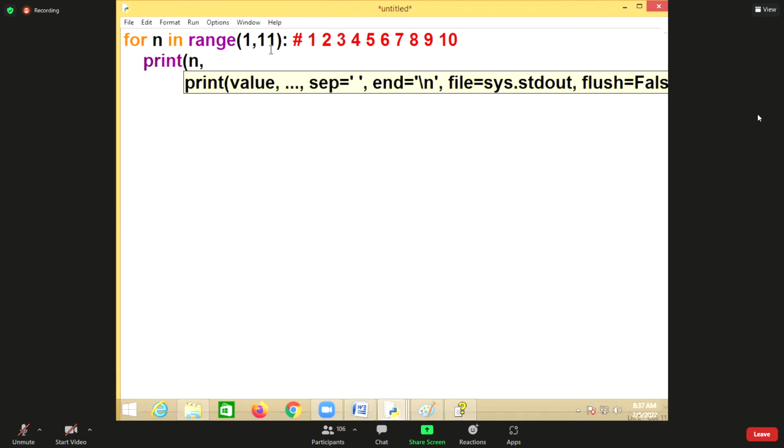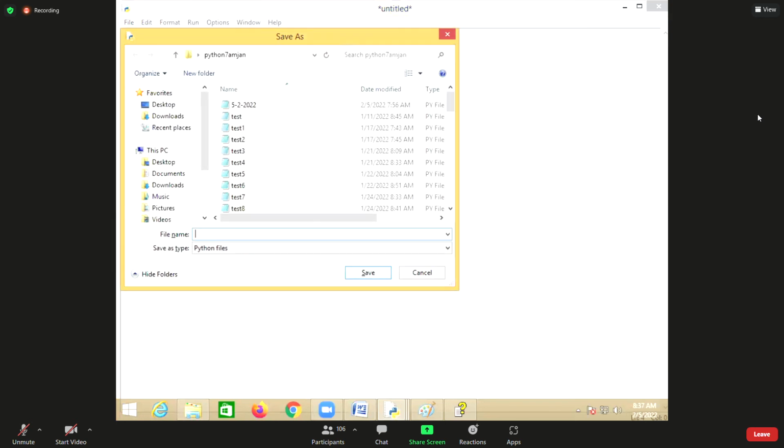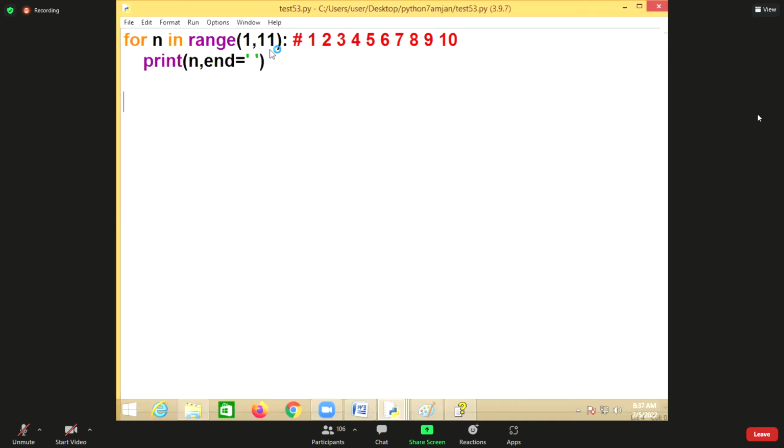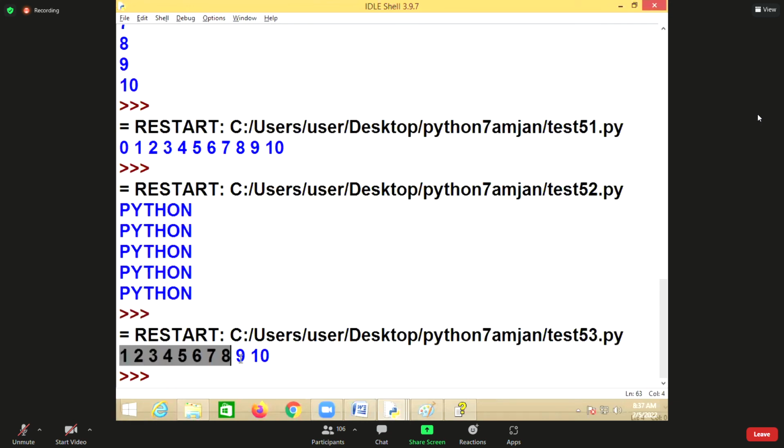If I say print n, will it print all the values from 1 to 10? Yes. You can see all the values generated from 1 to 10.